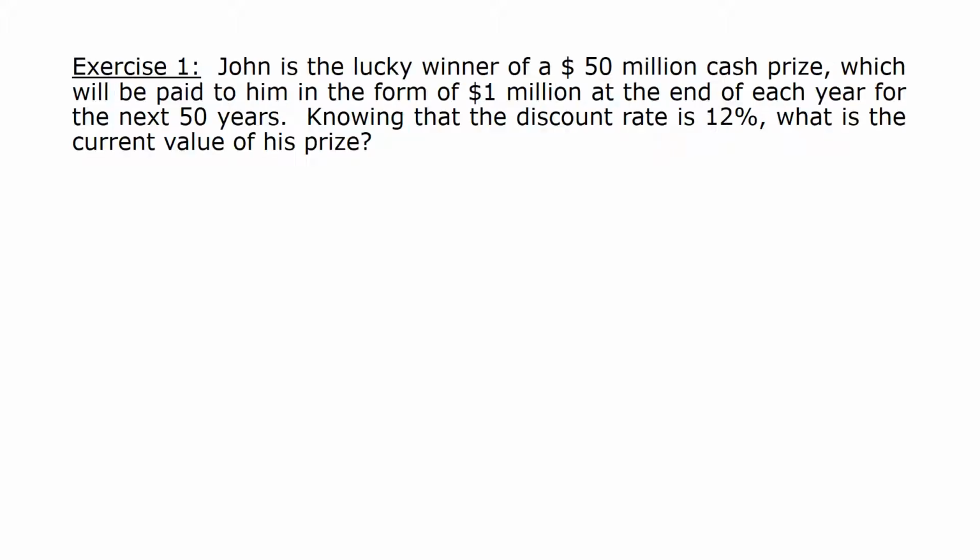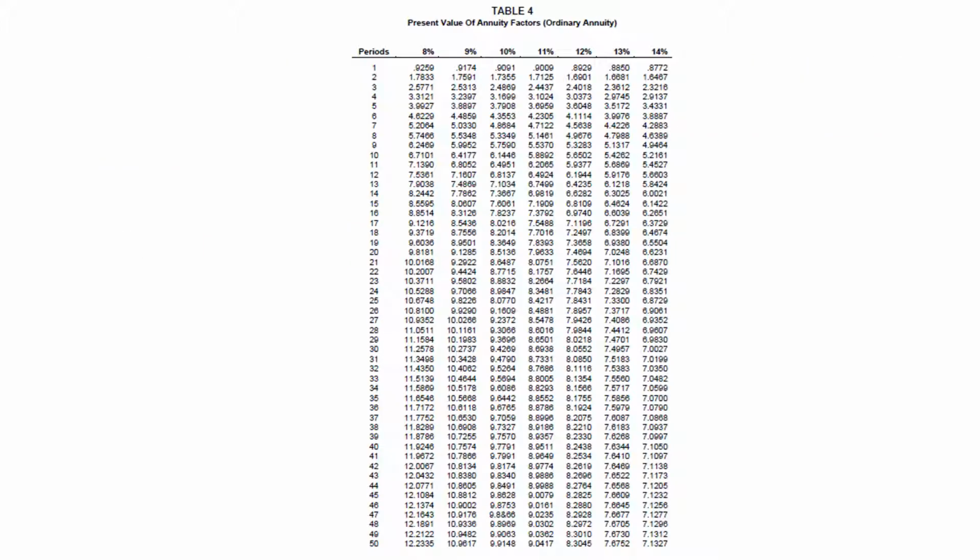Now let's look at exercise 1 once again. Here are the given values. To use the table, I will focus on only 2 values for now. The N, the number of time periods, which is 50, and the interest rate, I have it here as 12%. So I will go to the table. Here is the 12%, and here is the 50 years, and I will find the corresponding number, which is in this case